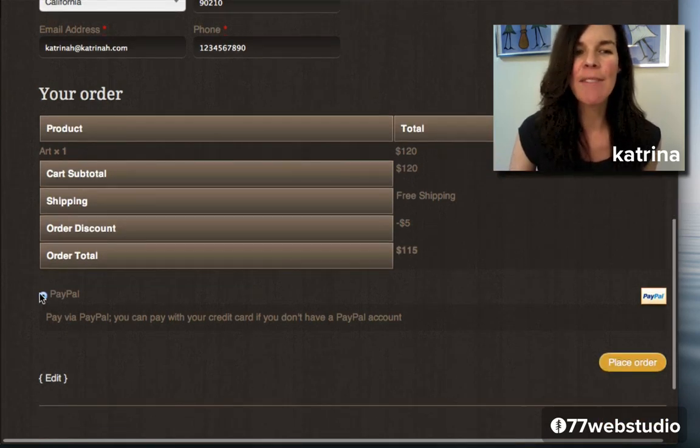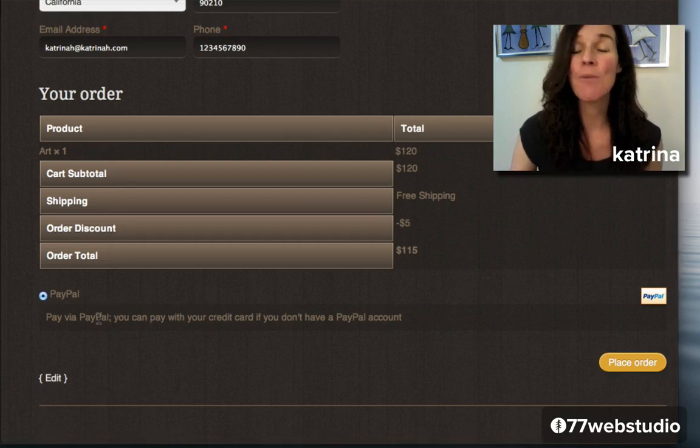Now note that I have this currently set up with PayPal. With PayPal, you can either pay with your PayPal account or a customer can log in as a guest, and they do not have to have a PayPal account when they're using PayPal. So I've just used PayPal. There's many other different payment methods though, and I'll show you how to set that up in this video, but just in the essence of time and simplicity, I've set this up with PayPal.